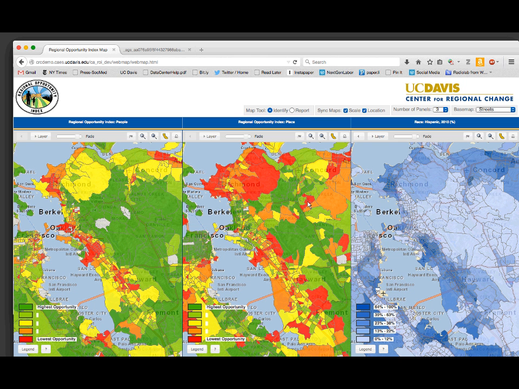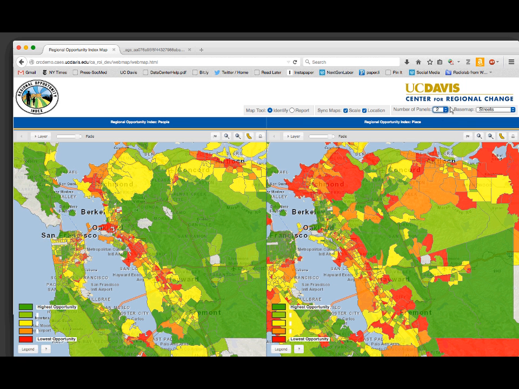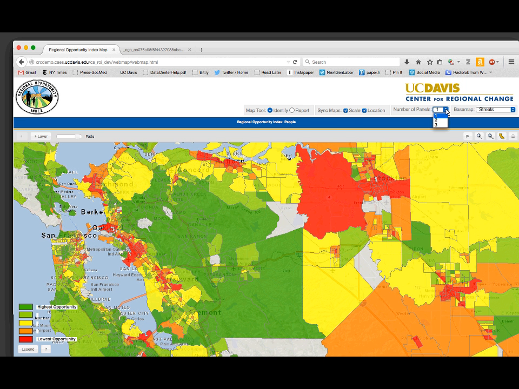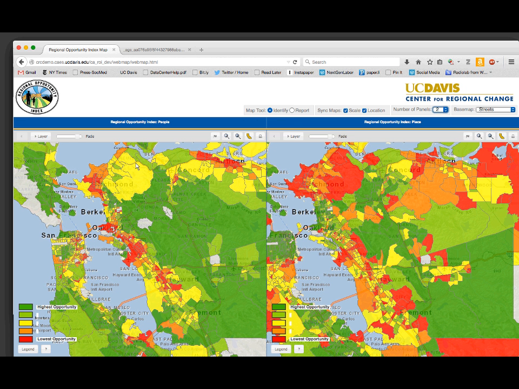you might think about. I want to dig a little bit deeper before jumping into the overall index to just show you some other features of this site and the ease of mapping individual indicators. You can switch to just two panels if you like to make it a little easier to compare. If you only want to look at one panel, you can switch to one panel pretty easily. And if you want to look at any individual indicators, it's pretty easy to do, again, by just clicking on